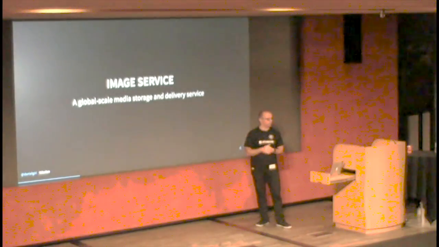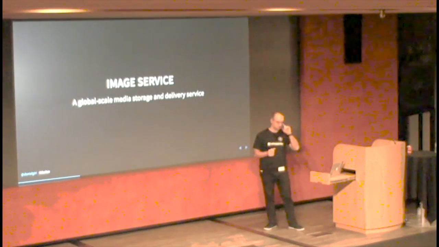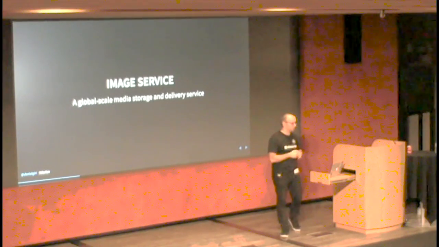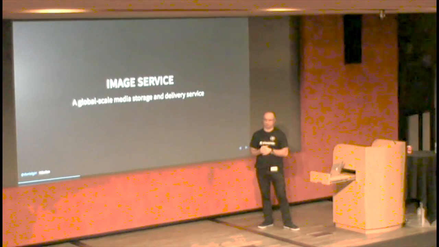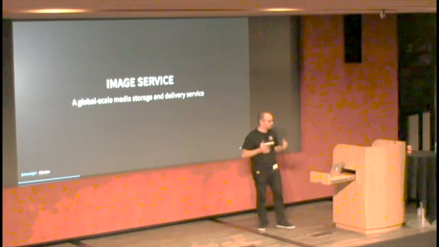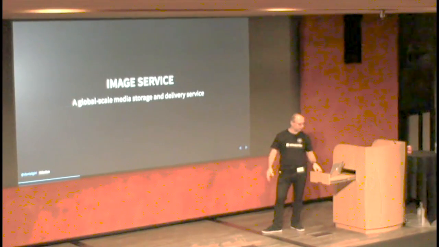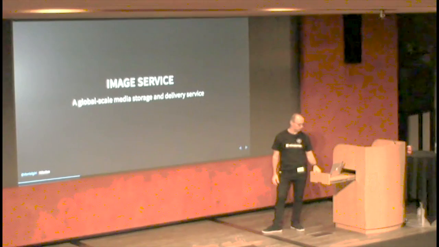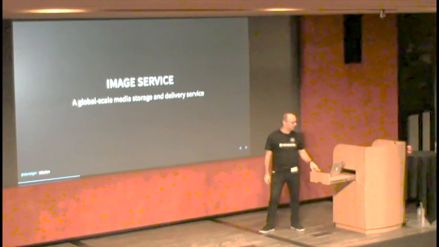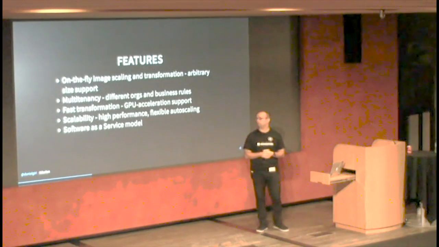And basically the idea is to go through one of the services we've been working on recently, over the last year more or less. It's what we call the image service, which is a global scale media storage and delivery service. It's basically a system to deliver images and other kinds of documents to end users. It doesn't sound very sexy, but when you get to it, it's a nice project to have. And we plan to expand it to video and other types of media. It's designed to work on those dark blue countries. So definitely, there are quite a few challenges there, and I will hopefully explain some of those to you.